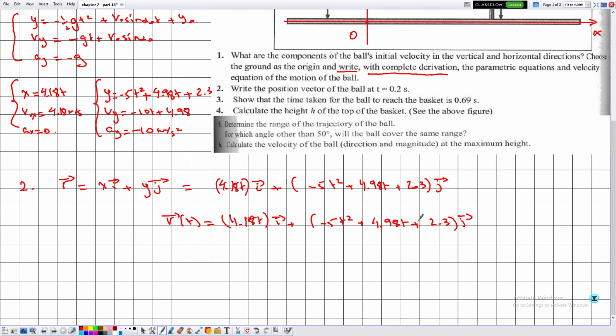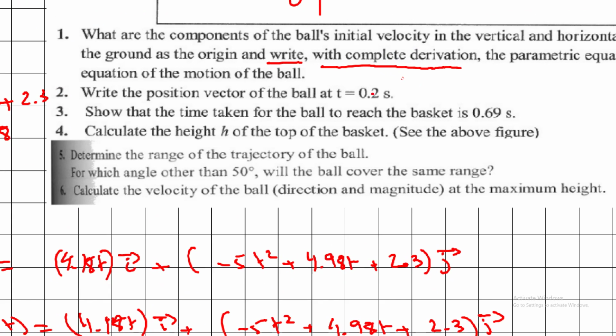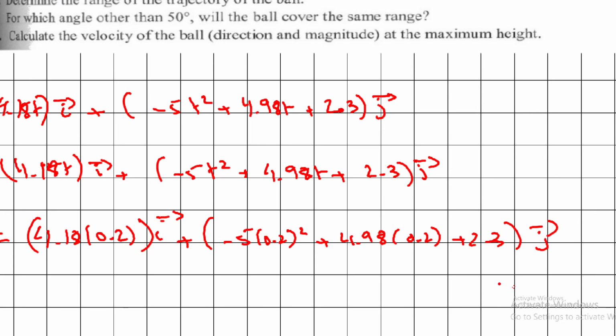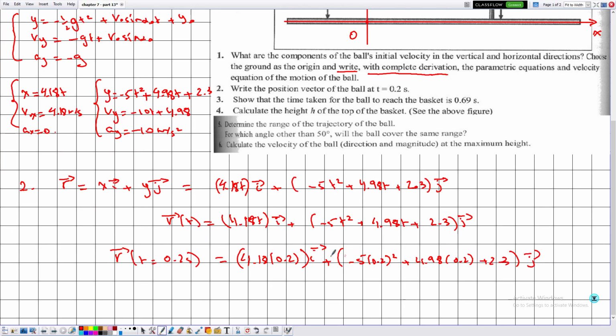Now we are interested in determining the position vector at a specified instant, which is given by 0.2 seconds. Then r, replacing t by 0.2 seconds, is equal to 4.18 multiplied by 0.2 multiplied by the unit vector i plus minus 5 times 0.2 to the power 2 plus 4.98 multiplied by 0.2 plus 2.3. Now here we are adding two vectors,